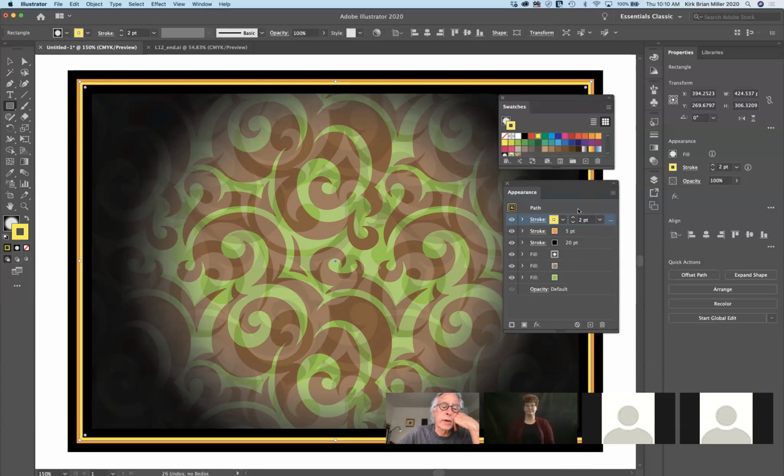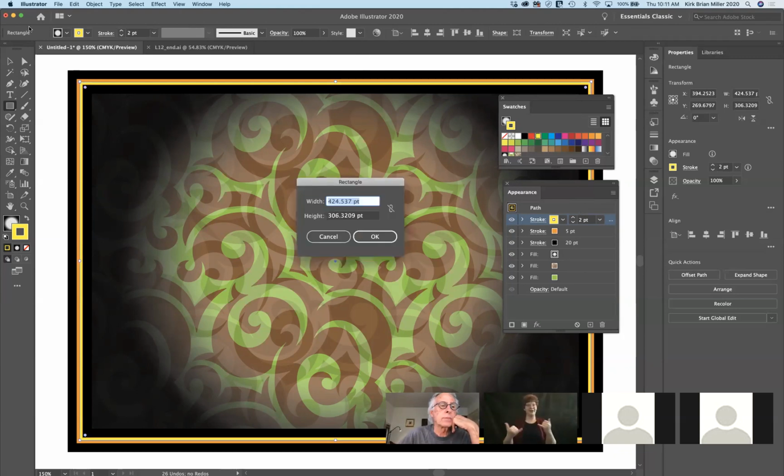You can really get some amazing results that in the past, before they had the appearance panel, you would have to make copies of each of these paths and paste them on top or behind one another and duplicate them and then maybe group them. It was really difficult to keep track of all of the shapes. And now anytime you select the object